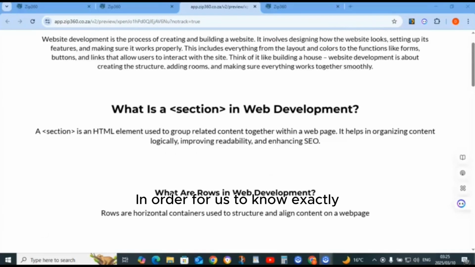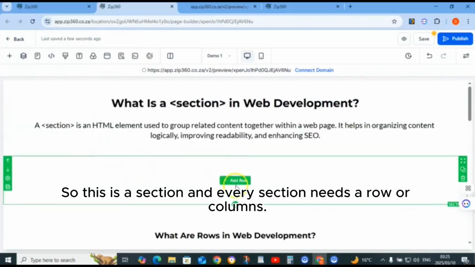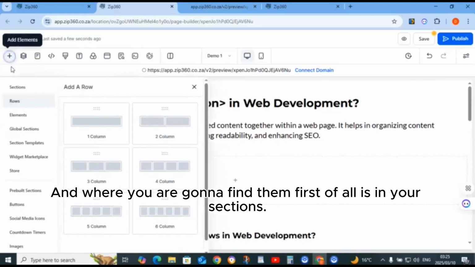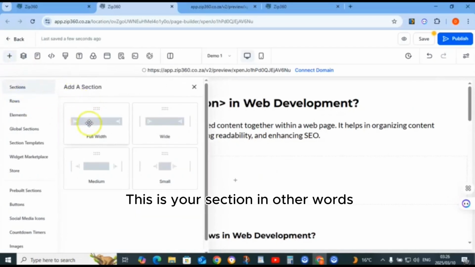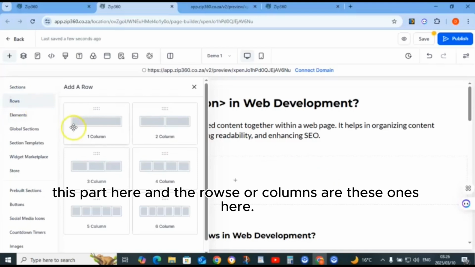In order for us to know exactly, let's go back to the builder. So this is a section, and every section needs a row or columns. And where you are going to find them, first of all, is in your sections. This is your section, in other words, this part here. And the rows or columns are these ones here.